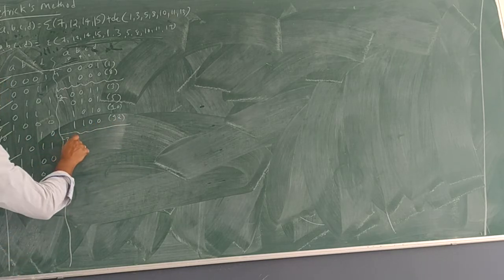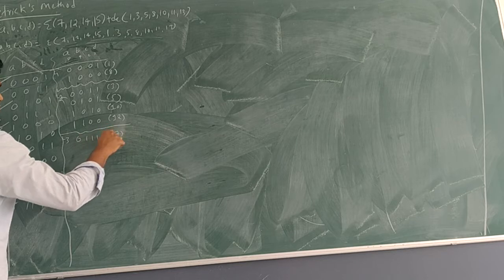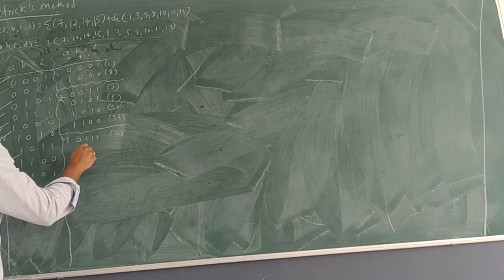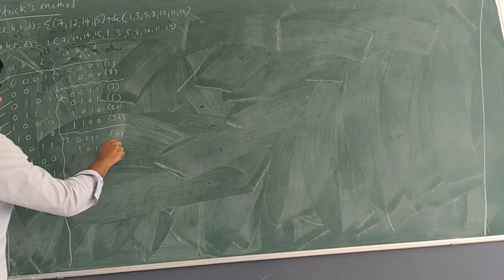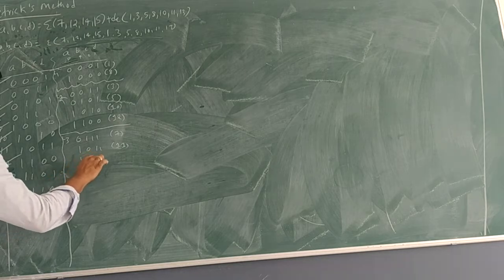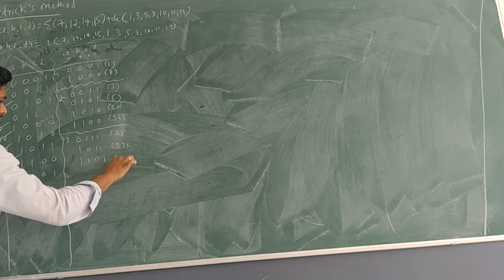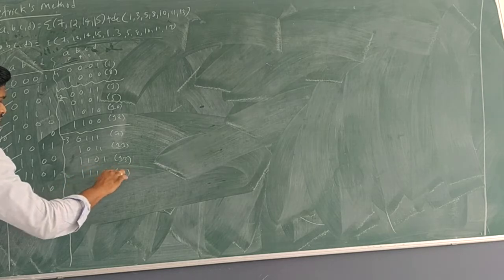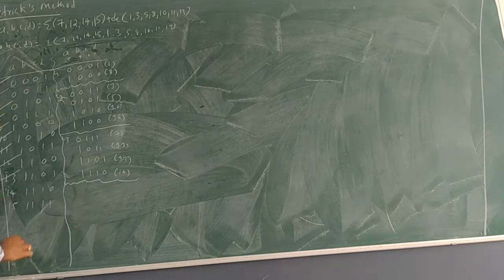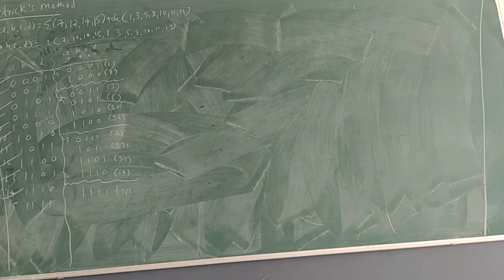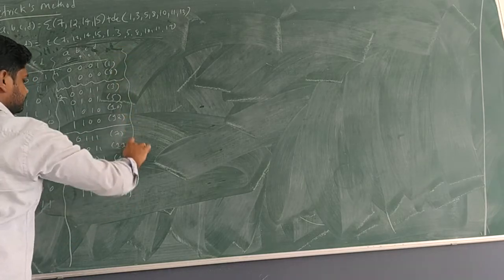Smallest number is 7, 0 1 1 1. So which is a 7, pass mark for that. 11, yes, 1 0 1 1, that is 11. So next 13, 1 1 0 1, that is 13. So 14, 1 1 1 0. So close for L3 and last L4 means all are ones, which is called 15. Okay, now this is called grouping.